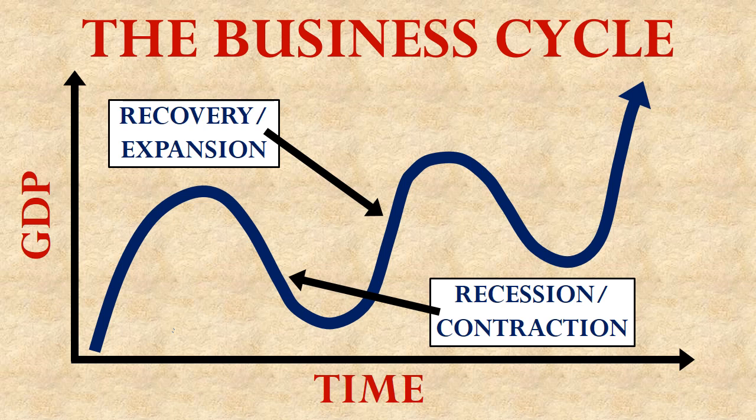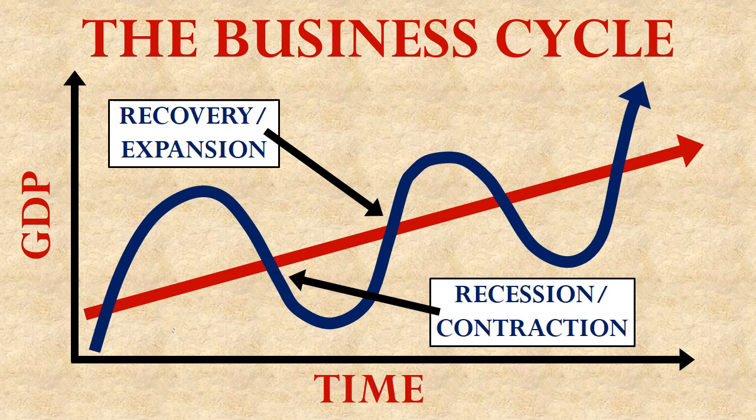During times when the economy is getting smaller, we call it a recession or a contraction. Expansion and contraction are kind of opposites of each other. When you hear the term recession commonly used, people are talking about bad economic times, things are difficult. So then when the economy takes an upturn and the expansion takes hold, that is why it's then also called a recovery. So recession, contraction means that the economy is doing worse, GDP is getting smaller. Recovery, expansion means that the economy is getting stronger, GDP is getting bigger.